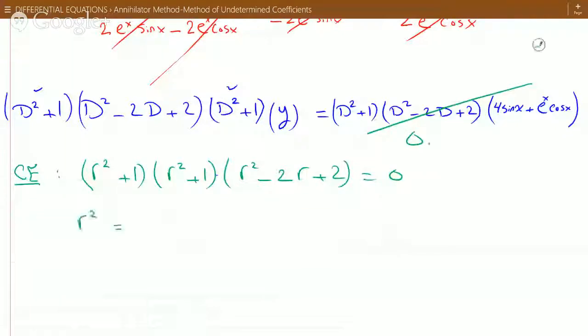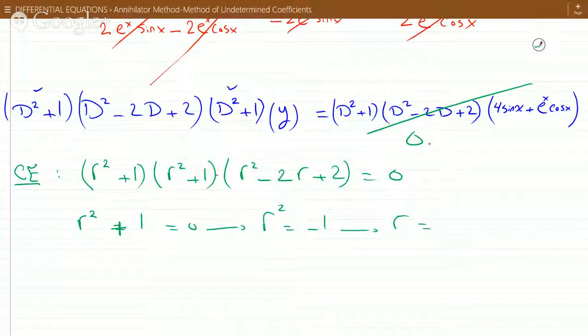So we've got r squared plus 1 equals 0, which makes r squared minus 1, which makes r equal plus or minus i. Of course, the same exact thing goes for the second factor, plus or minus i. So you have repeating sines and cosines. And then the third one,